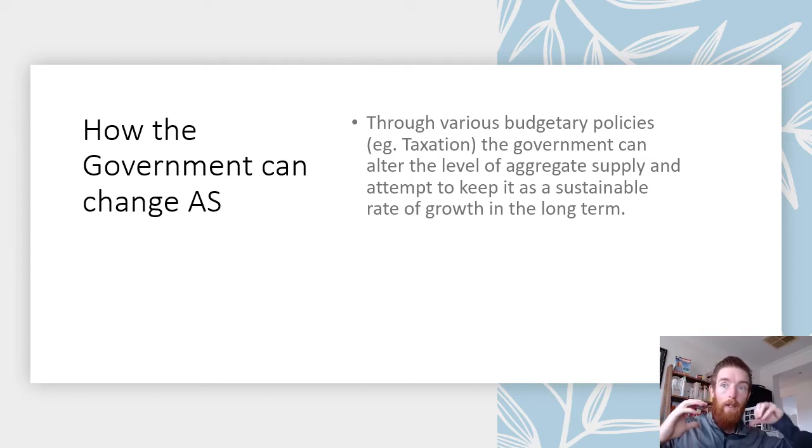In Australia, we have really relied on the import and export of resources over the long term, mainly exporting things like iron ore to China. The mining boom lines up with that, and we have a finite amount of these resources left, so we can't rely on it forever. So the government's really trying to incentivize businesses to work in areas that will increase our productive capacity in new areas of speciality. Things like Australia's education sector, like our higher education universities, are seen as some of the best in the world. Therefore, by funding them further and making them as good as possible, we can increase our aggregate supply through that area.